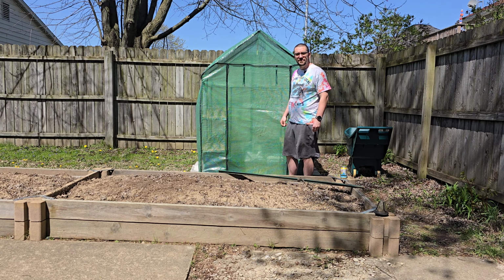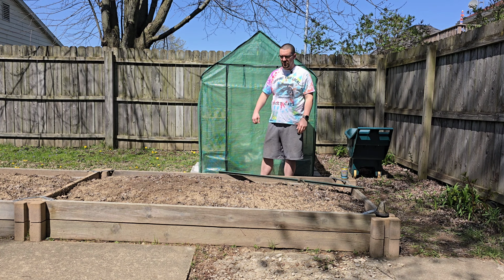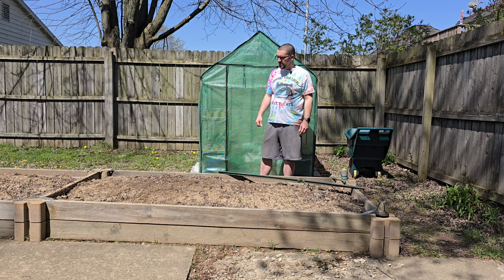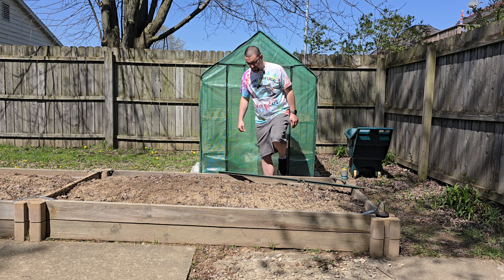The other thing I did when I rebuilt the garden was dig in all of the leaves that I had piled up from last fall. I had this entire bed heaping full of leaves. So while I was already digging a ton of dirt, I went ahead and covered up most of the leaves. So now the soil is actually